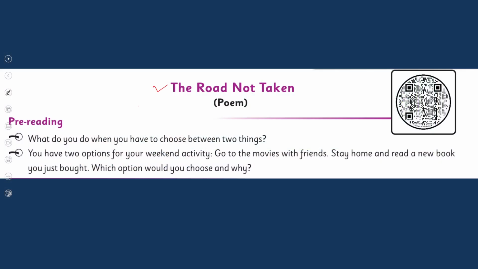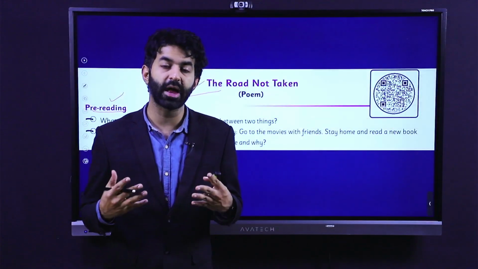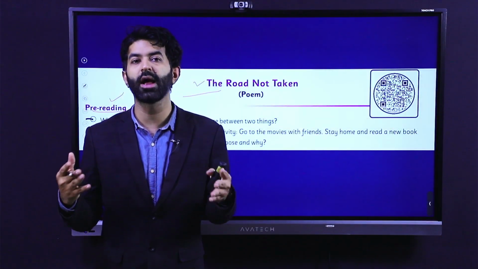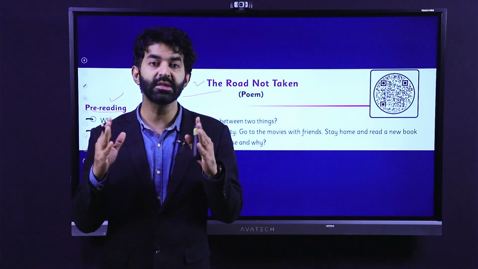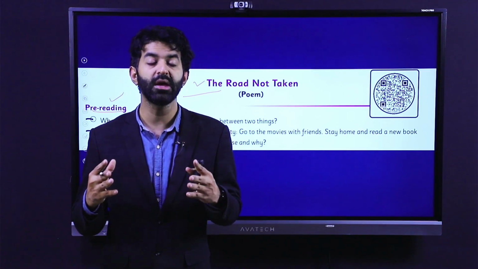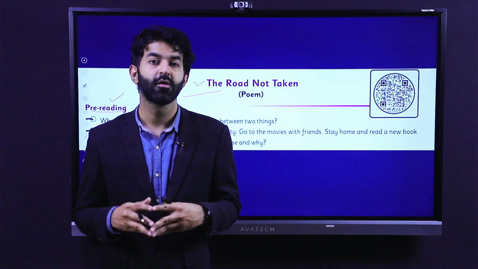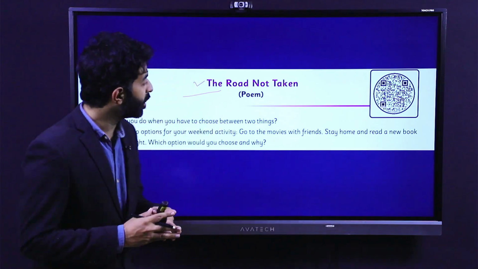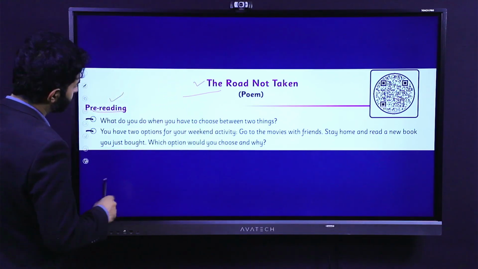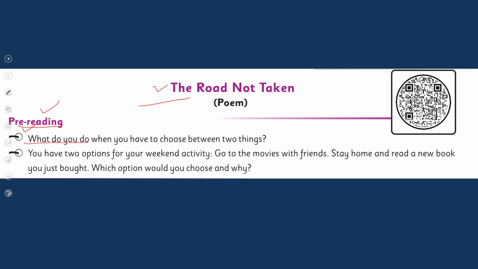Now, students, I hope that you have opened up your books. The Road Not Taken is a very famous poem by Robert Frost. Here, as usual, before reading anything, we need to apply some reading strategies. For that purpose, we know that pre-reading, while-reading, and post-reading strategies are very important. When we consider these questions before reading something, we read with intense focus and we definitely find answers to our questions. So, the pre-reading questions that we have today.